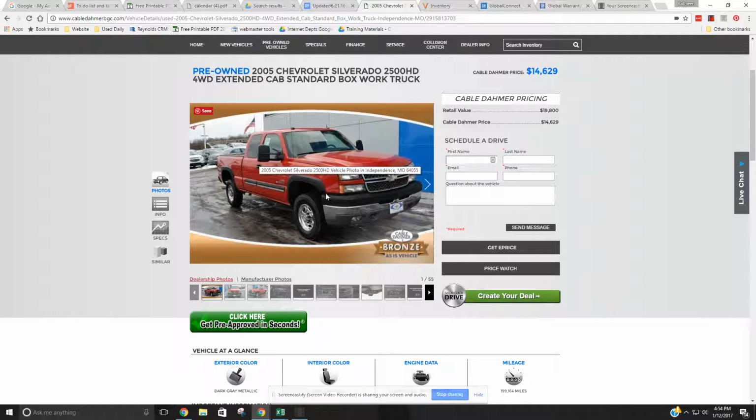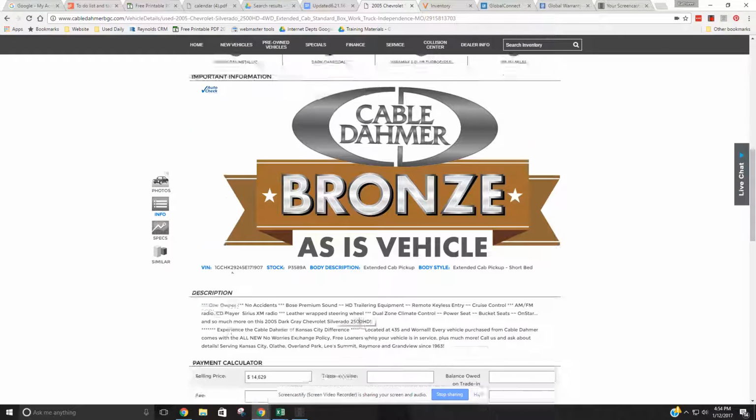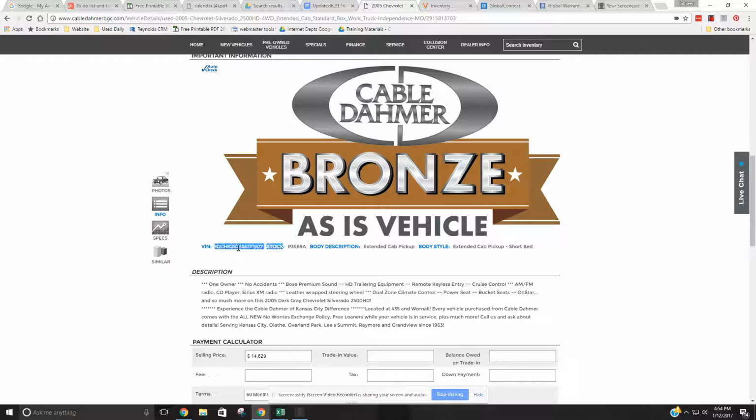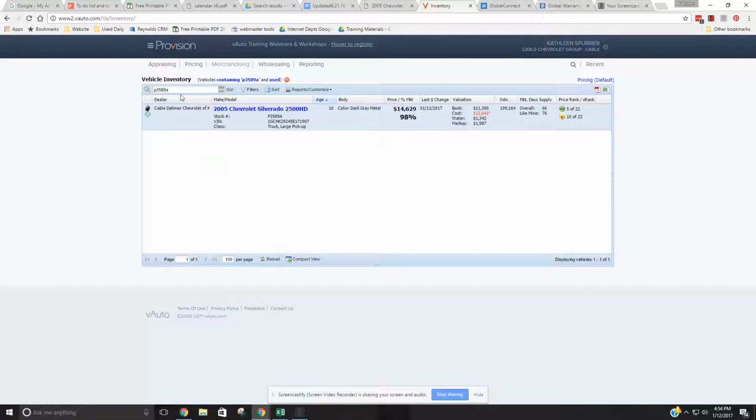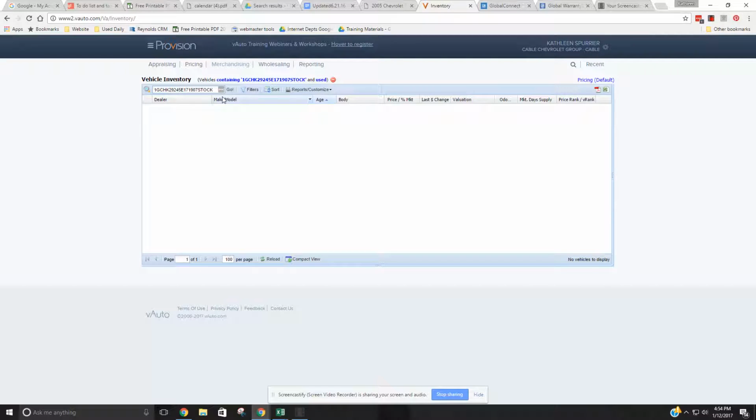Now, looking here, you want to make sure you get the VIN number, which is the quick and easiest way. So you can just double click. If you're on the website, you can copy it from there. The other way is you can definitely just take the stock number, but at the end of the day, you're going to want the VIN number. So you can go over to your inventory and put that stock or that VIN number in. It's going to pull up